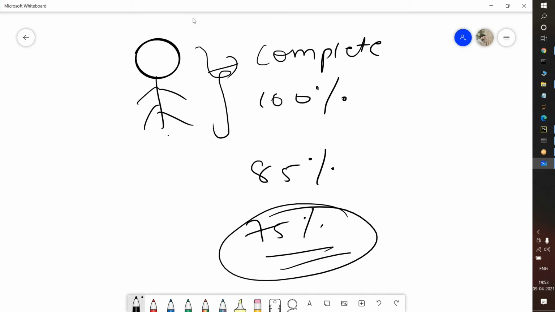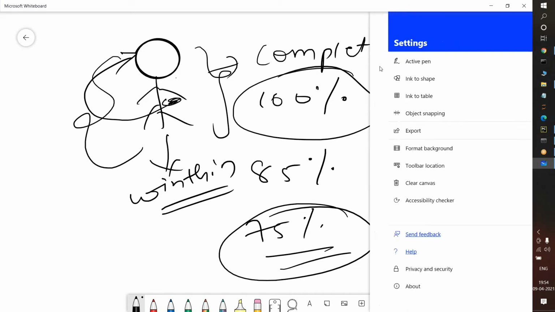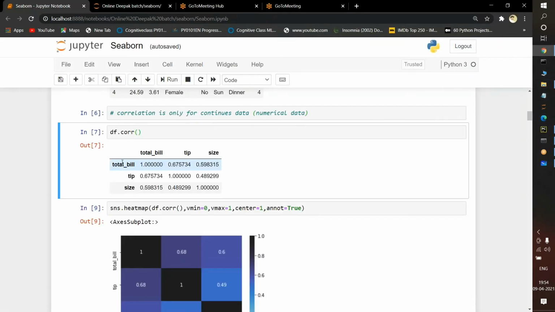So if you want to find out the correlation within me, it will give you 100%, because whatever feeling we have is completely connected to our brain, which means the information we carry is completely depending upon ourselves. So what do you understand from here? If you want to find the correlation for that particular column, from total bill to total bill, the correlation is 100%, because they know everything about themselves.